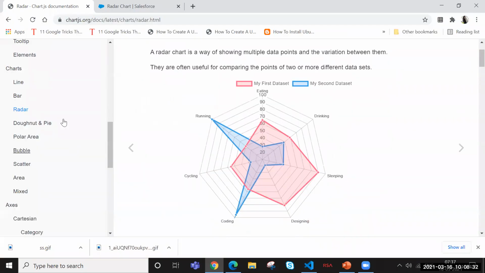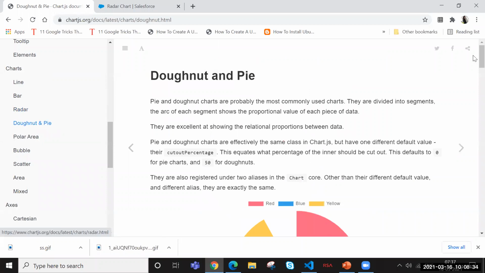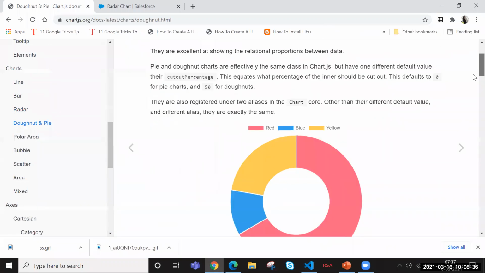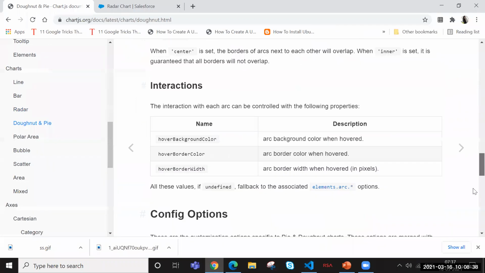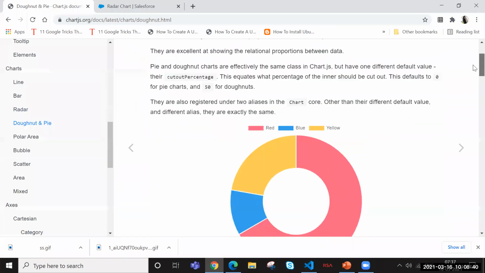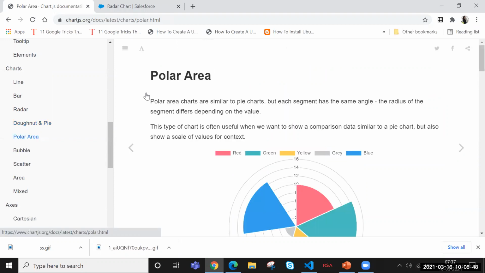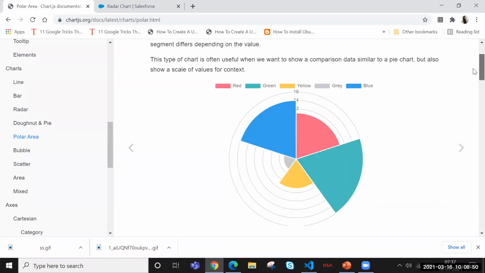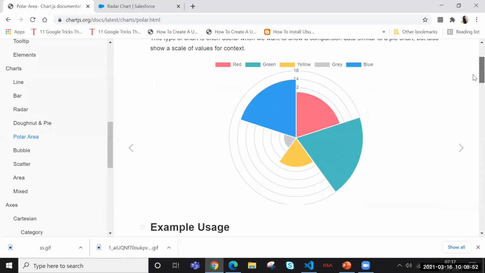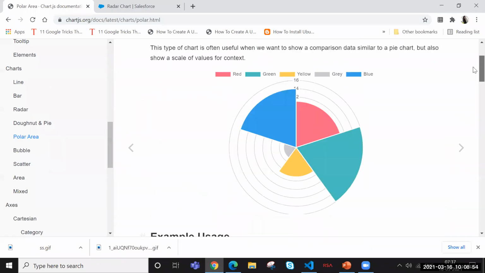We also have other types of charts. We have donut chart and pie chart. We know that pie chart is not there in Lightning. So that is a good thing. Again, we can use such charts in our Salesforce. Again, this is a new type of chart. This is polar area chart.